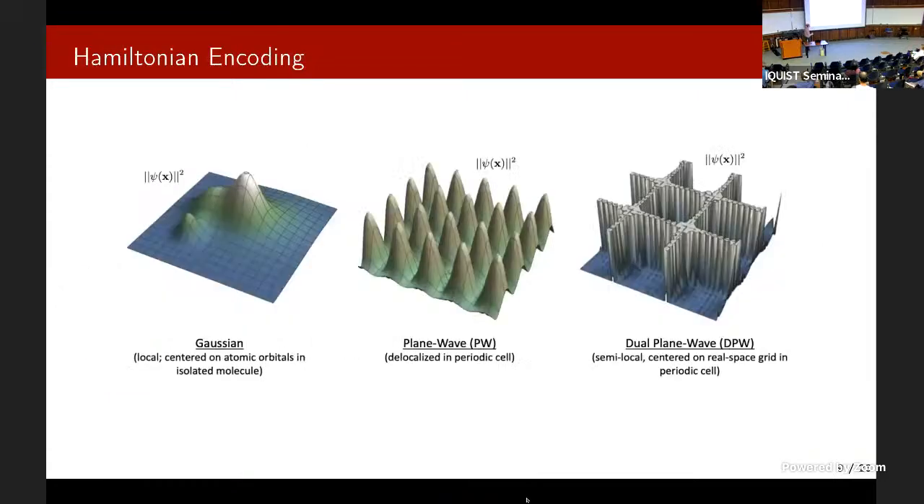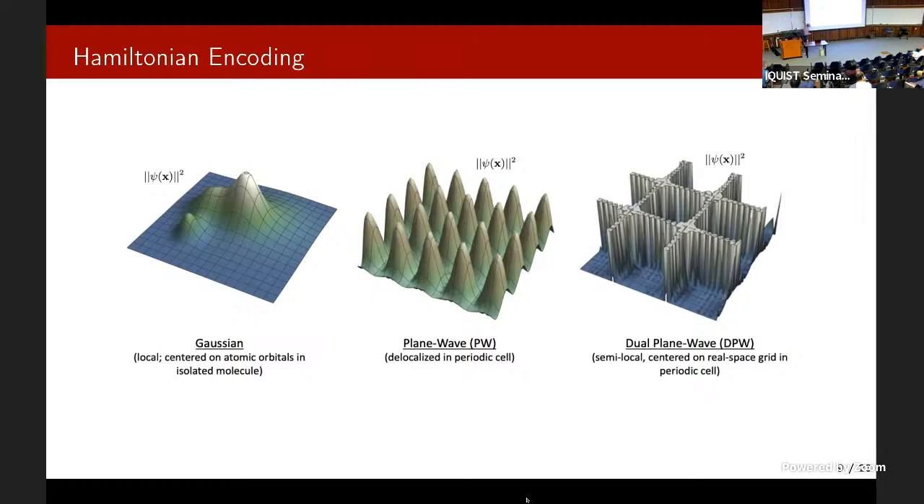There are multiple ways. One way is Gaussian type orbitals. Those are local and they're centered on atoms, and they work very well on isolated molecules. We don't have an isolated molecule here, so we're not going to use that one. There's something called a plane wave basis that's delocalized in a periodic cell. That is a very good basis to use and is often used in periodic